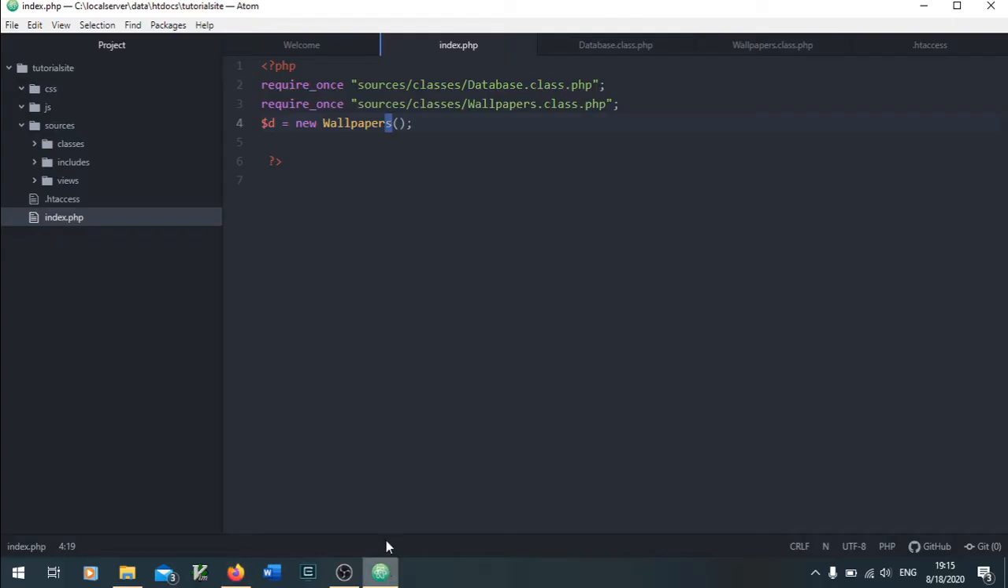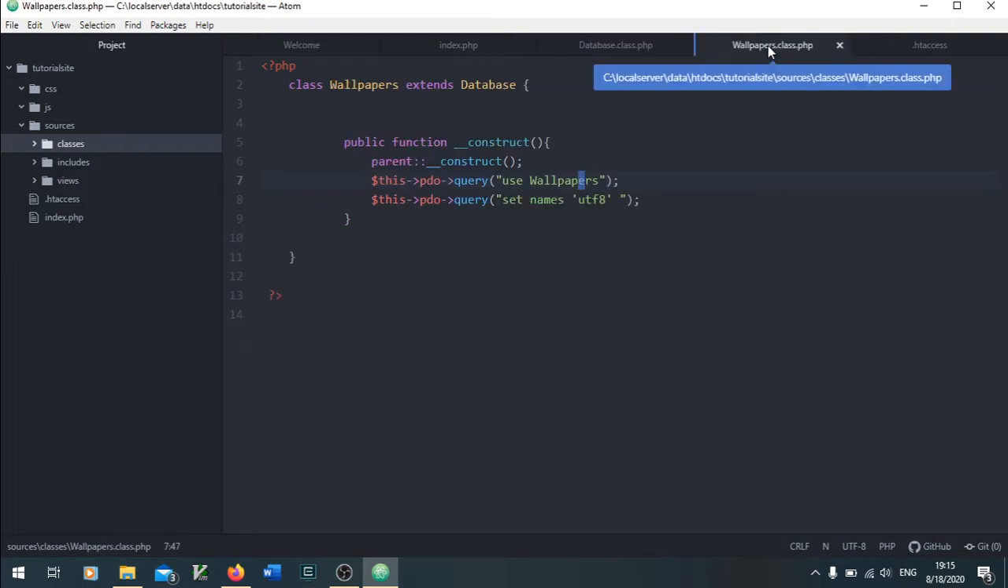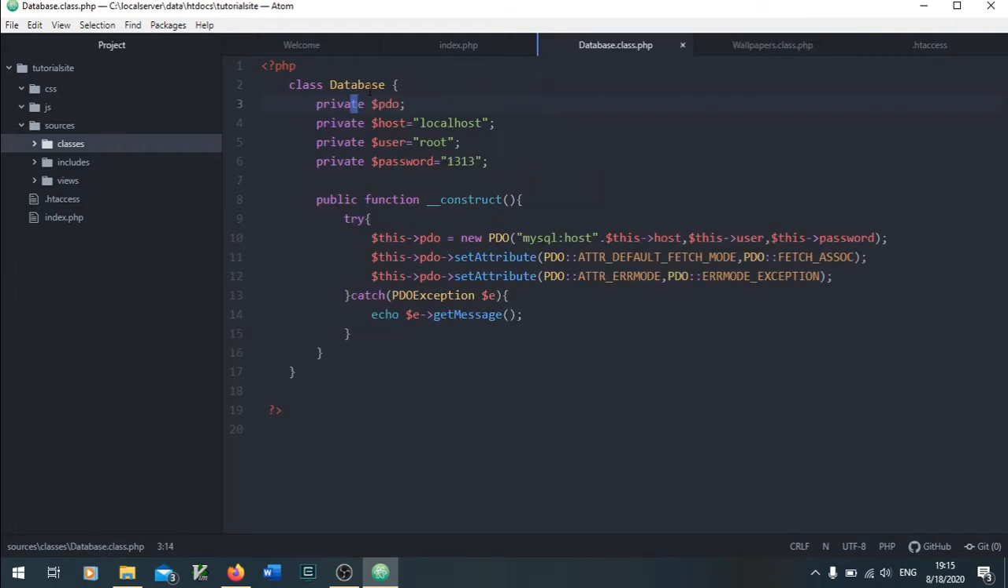Why is that? Well, because when we created our database class, every member of this class we made private, so they cannot be used outside of this database. The member that we need to use is the PDO, because we need to use it in our class wallpapers. For this to happen, we must change it from private to protected. Protected members cannot be used outside of the classes, but they can be used in another class that will inherit our database class. So changing private to protected,